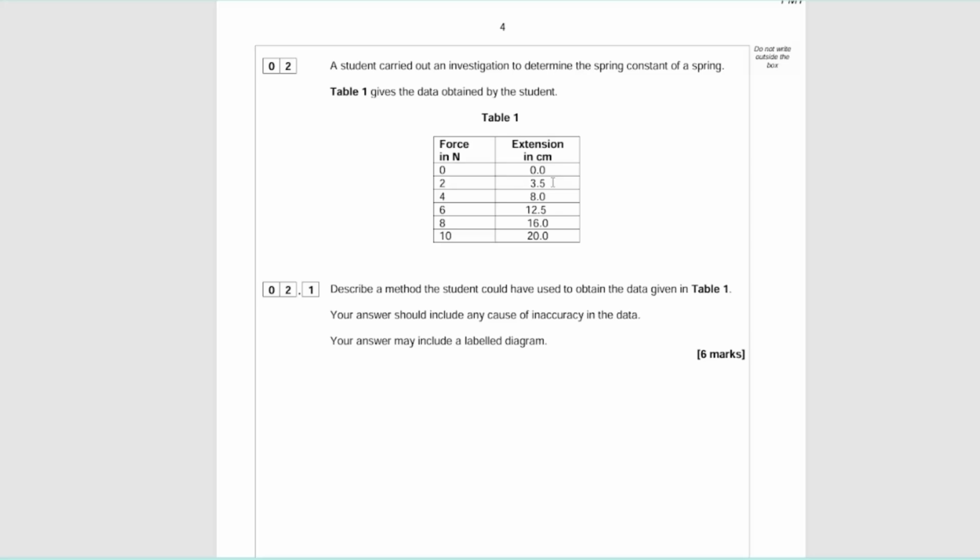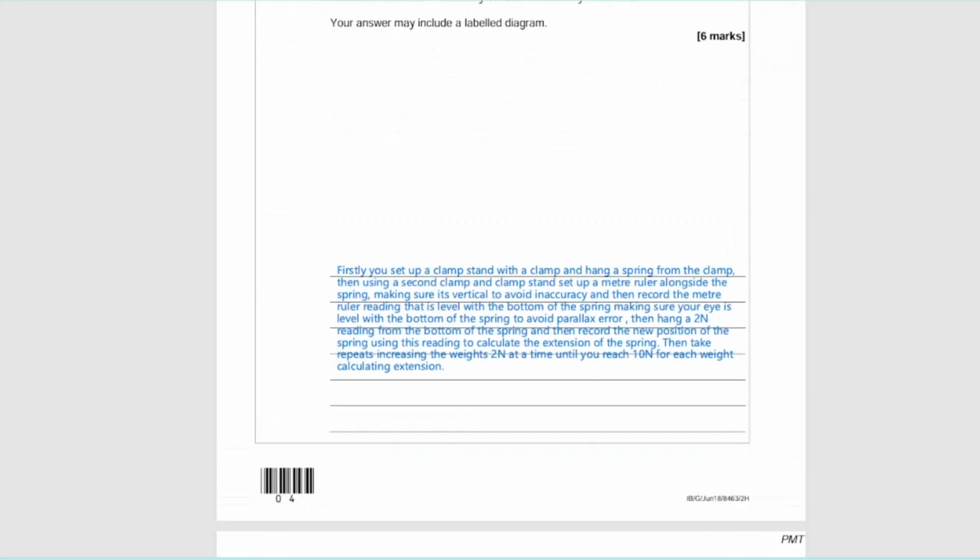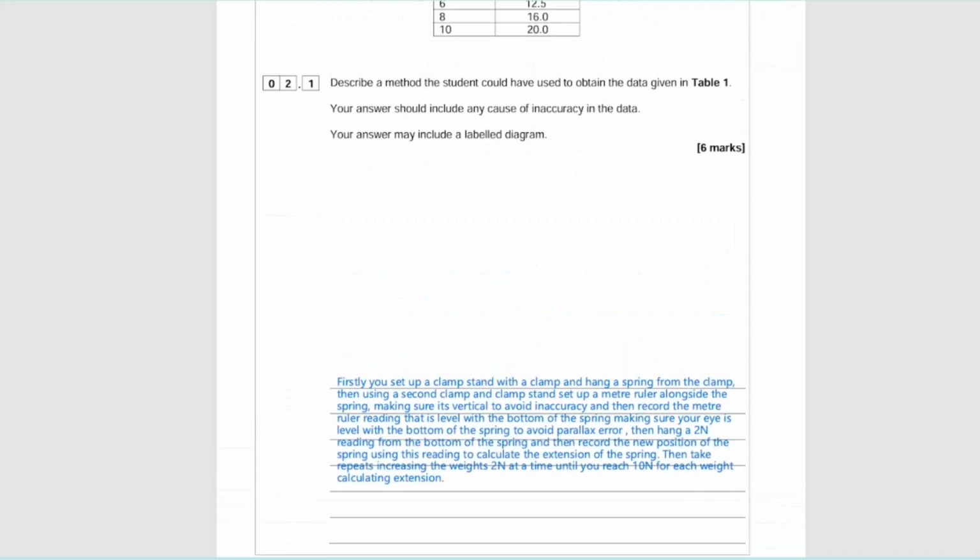I have decided not to, I've just decided to explain it all, but you would get marks if instead of explaining it, you've just drawn the setup that I explained. And like I said, firstly, you set up a clamp and hang a spring from the clamp, and then using a second clamp and clamp stand, set up a meter ruler alongside the spring, making sure it's vertical to avoid inaccuracy, just getting the marks for identifying causes of inaccuracy, and then record the meter ruler reading that is level